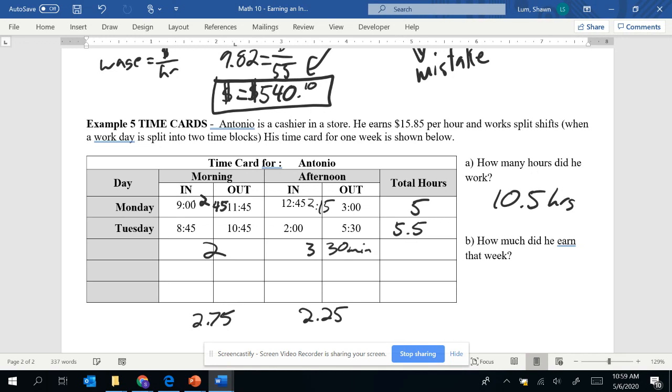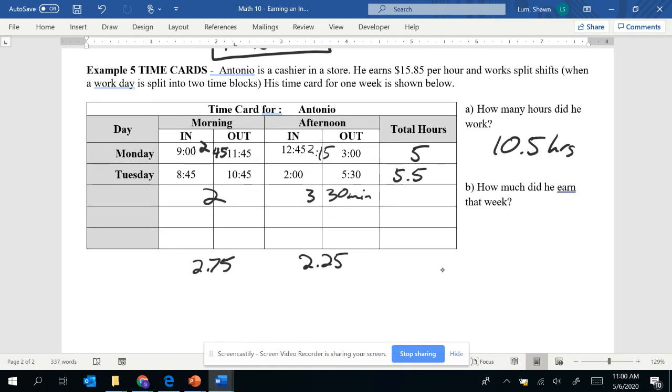It's better to write as a decimal of hours and not add up the minutes. Okay. Don't write 10 hours and 30 minutes. It just kind of messes up your calculation a little bit. Now, how much did he earn that week? So now we're going to do the same thing. Wage equals dollars over hours. So wage is going to be